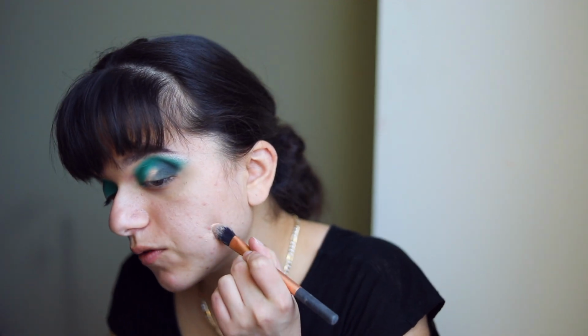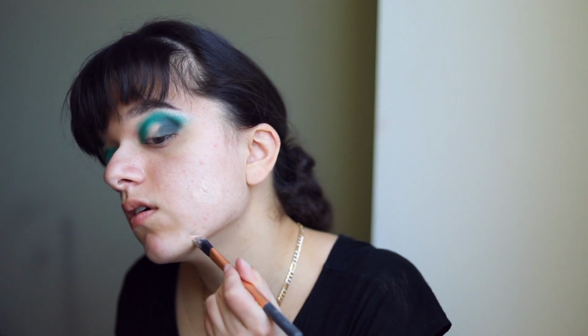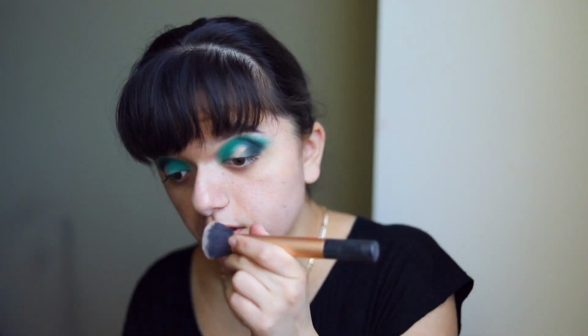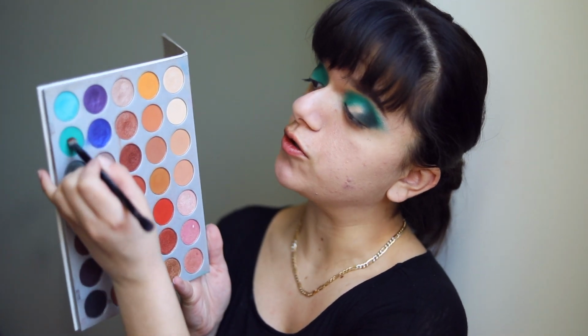So anyway, I am going to be going in with a flat brush in that specific area so I can get some more coverage there, and honestly might as well just cover some other areas as well. Maybe around my nose especially. And then I'm going to be going in with a little bit of a buffing brush and just even it out. Then I'm going to be dipping into this palette again and picking up this beautiful turquoise color,